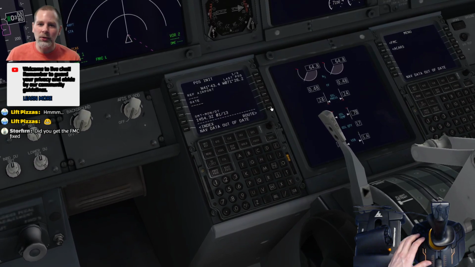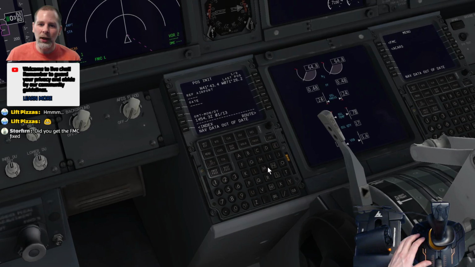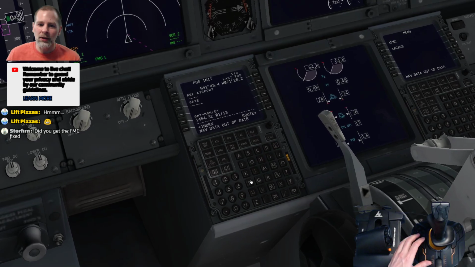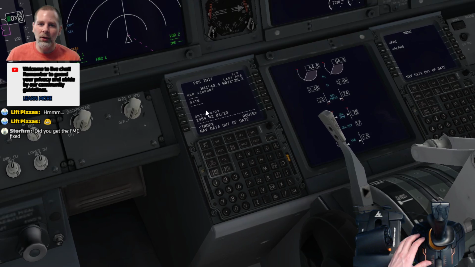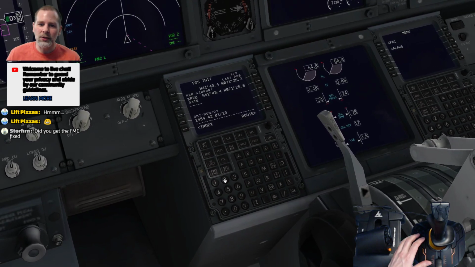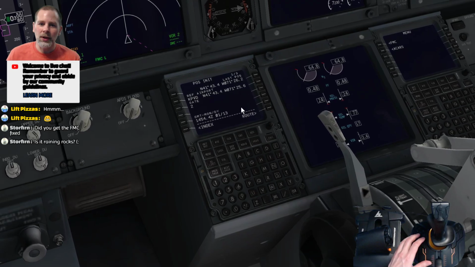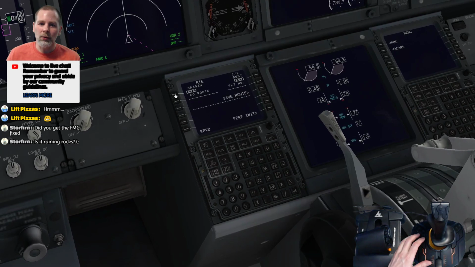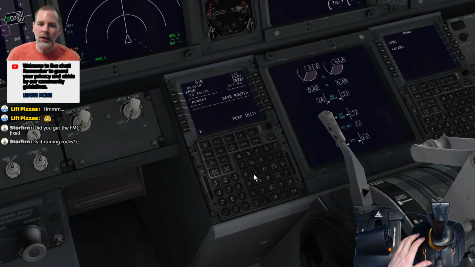So we're going to go to our initial, and we are at KPVD. There we go. Let me clear that out of there. And then we're at gate 2, so that should initialize our position. We're going to go to our route. We're going to go like that. We're going to go to